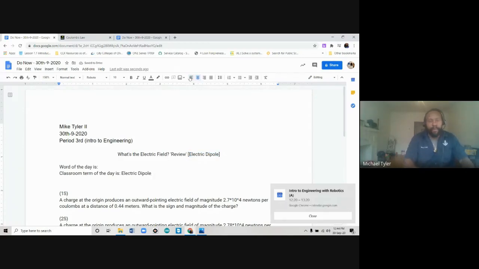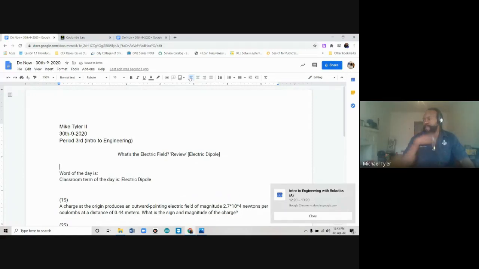Okay. Now, why are you doing this word of the day and everything? Say you have everything correct, right? And then you want to get 25 extra points. That's what the exit slip does. Those points go into a reservoir, or a bucket, that you use for other assignments you didn't quite finish. So if you had 50 points towards one assignment, that 25 can make it 75, if you understand what I mean. So again, this is the exit slip. Make sure you have that typed in if you want those points. All you have to do to get the points is make sure this is typed and also have the definitions of these words. So the exit slip is worth 25 extra points.